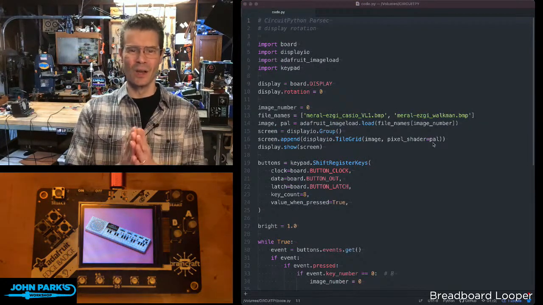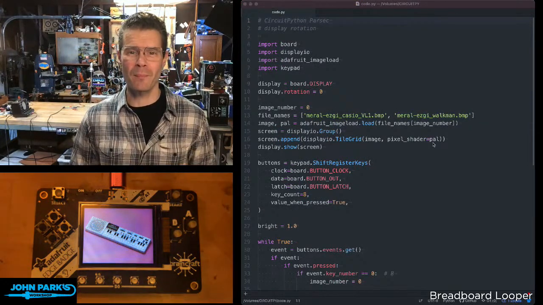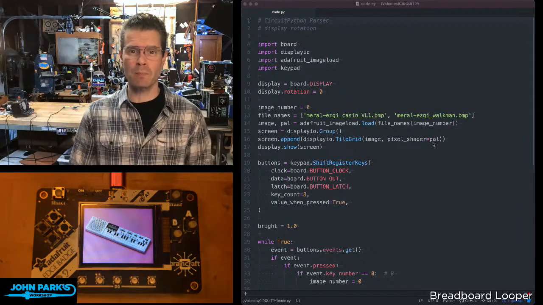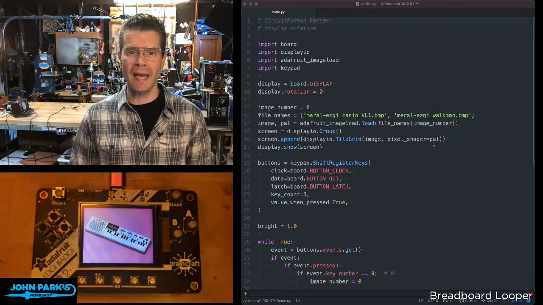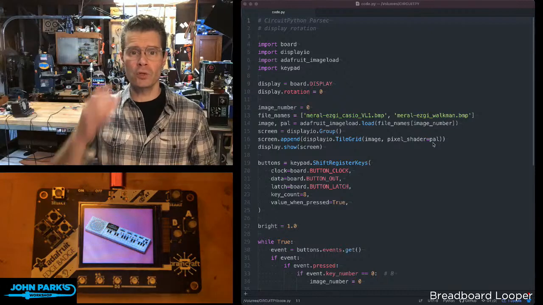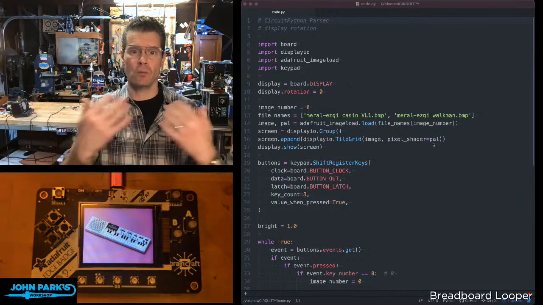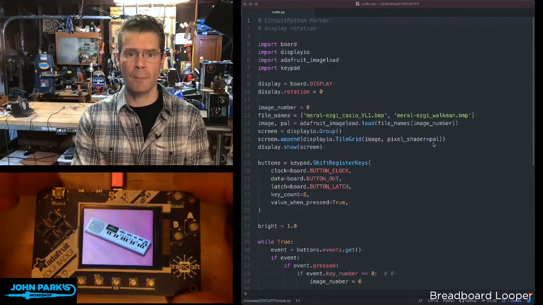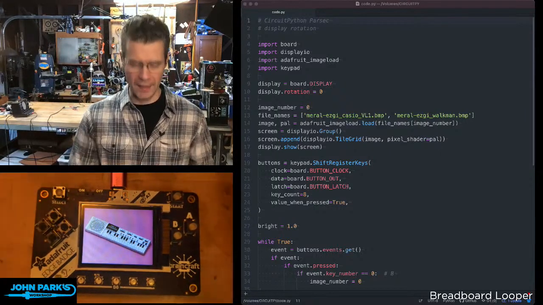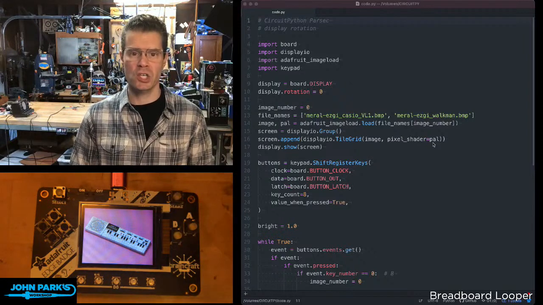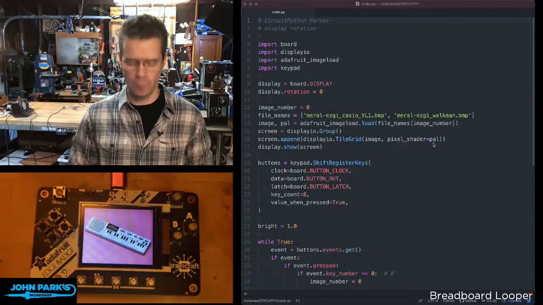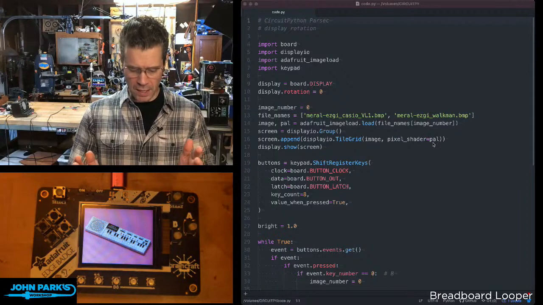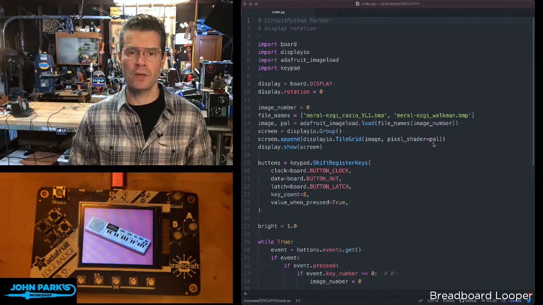All right. What I wanted to talk about on the CircuitPython parsec today is display rotation. So I've been doing this little series on display I/O things, and often you'll display either text or shapes or bitmaps, images, onto one of the displays on a CircuitPython based board. And that can be a built-in board, like here I've got the PyGamer Edge Badge Edition. Could be a separate display that you've plugged in. And it works pretty consistently across all the displays.